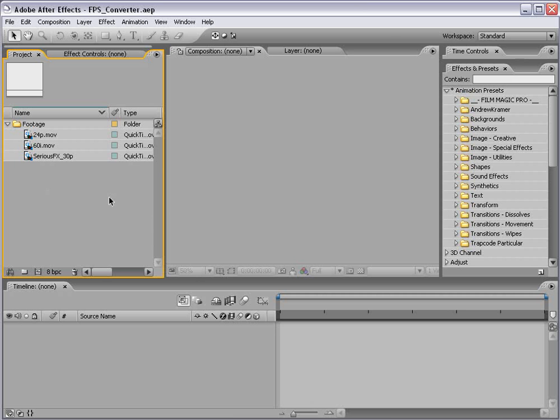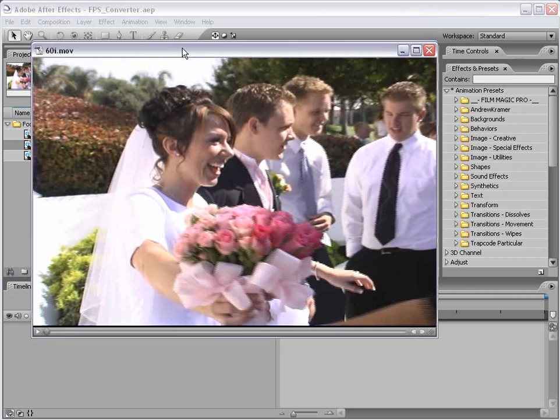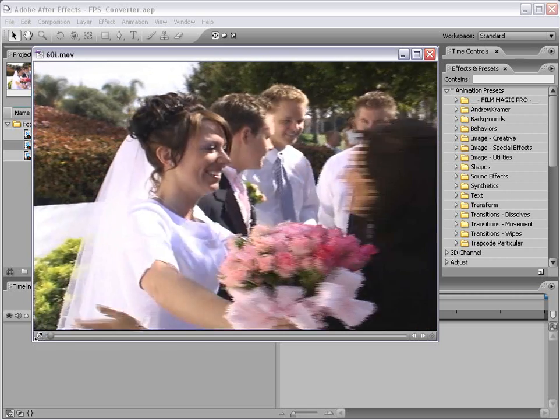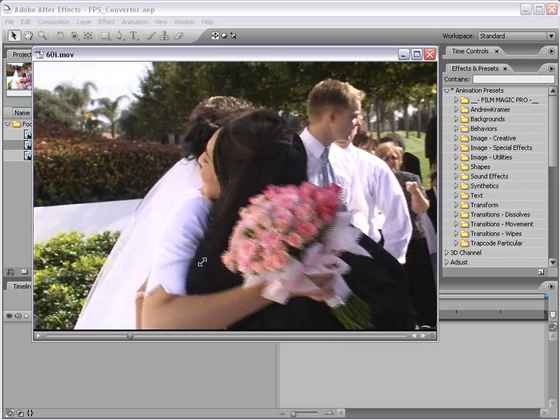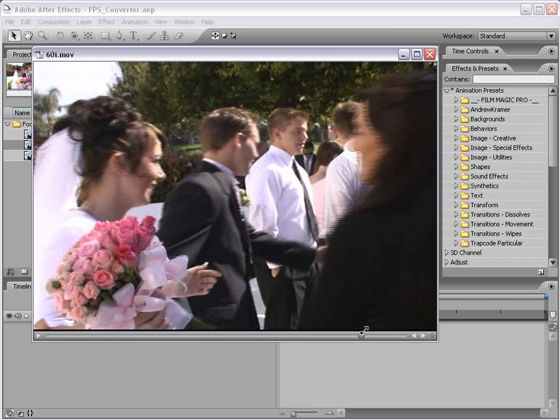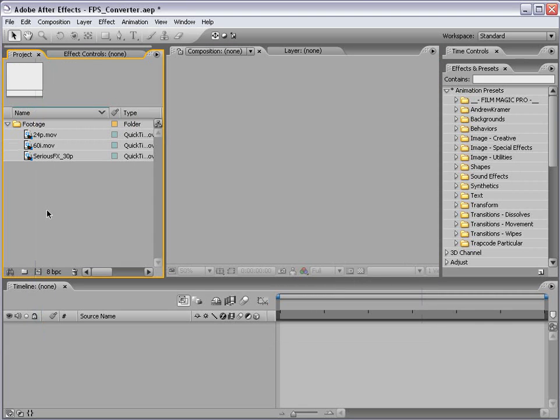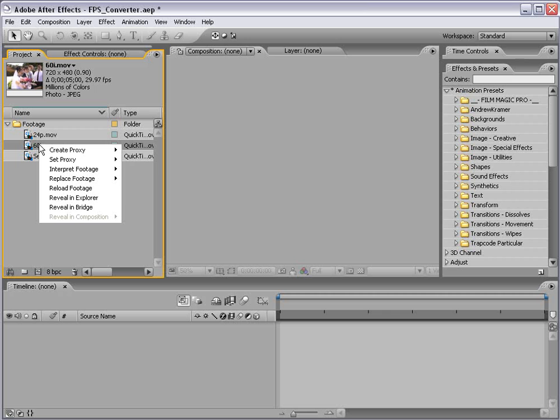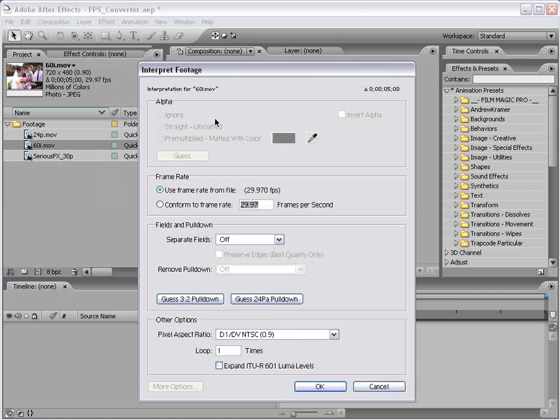Now, the first thing I want to do is convert this 60i footage into 24p progressive. As you can see, this footage is interlaced. The first step in this process is to right-click on your footage, choose Interpret Footage, Main. Our actual frame rate of this footage is 29.97, and we have this option to conform to frame rate. In this case, I want to convert this footage to 24 frames per second NTSC, so that actually computes to